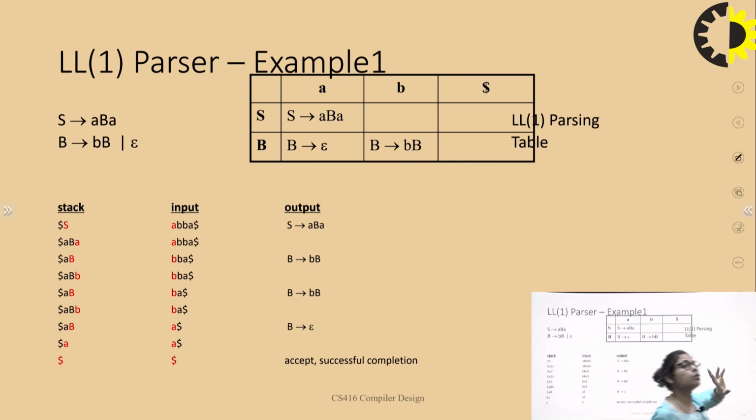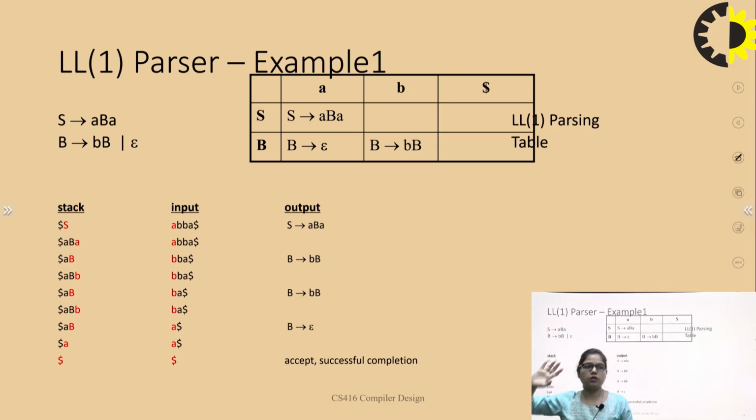First, we need to construct the LL1 parsing table. Now, how would I construct the LL1 parsing table? The first step is we need to calculate first and follow of all the left hand sides. On the left hand side, we have non-terminals. All the capital letters are non-terminals, and all the small letters, operators, parentheses, etc. are the terminals.